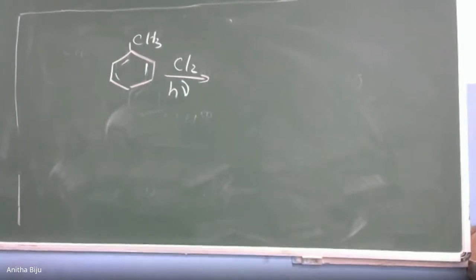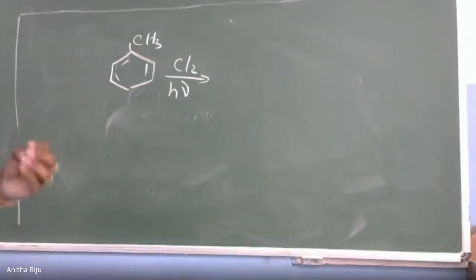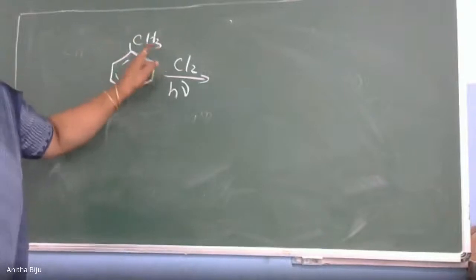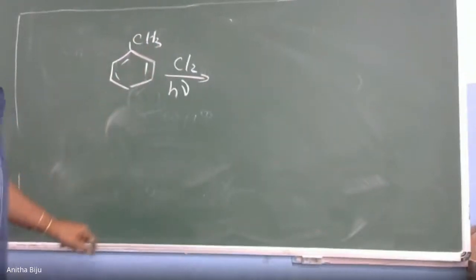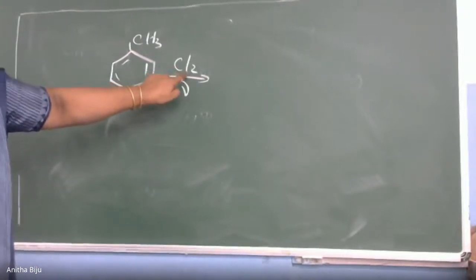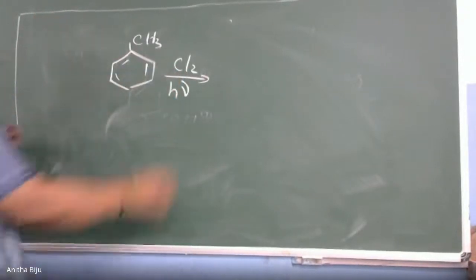Here we get a substituted product first. Which is the substituted product? Simple logic. Look at this reaction: CH3, out of 3 hydrogen atoms, 2 hydrogen atoms are removed and replaced by chlorine. So we get a product